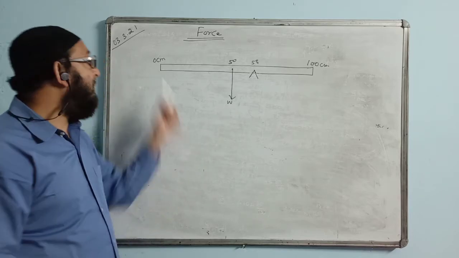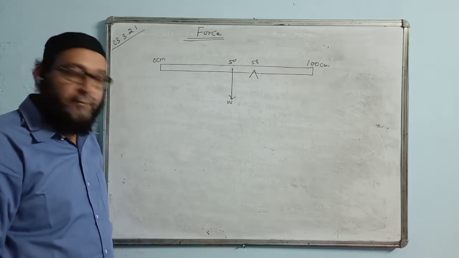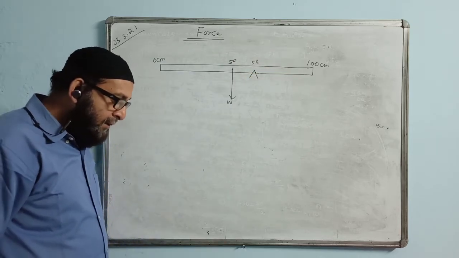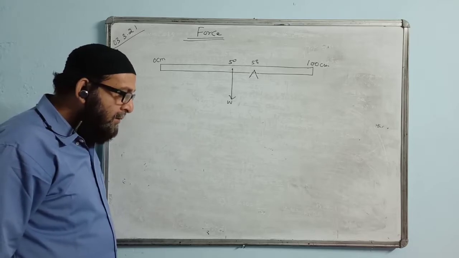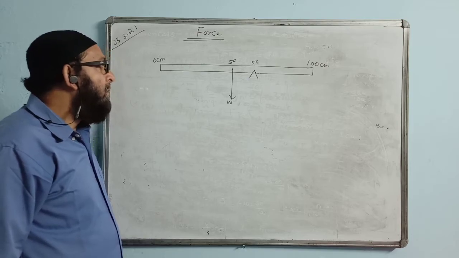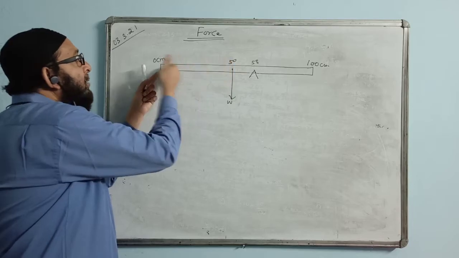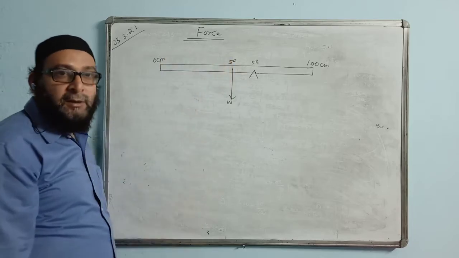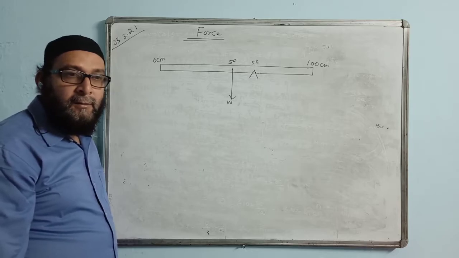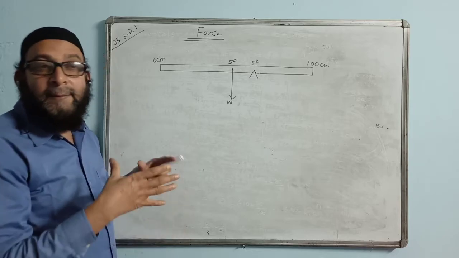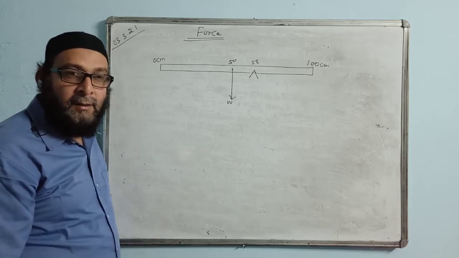Now we are balancing by keeping a weight. Which side should you keep the weight? This end or the other side? The 0 centimeter side or the 100 centimeter side? Where will you keep it? Tell me. At 0 centimeter? If the fulcrum is here and one weight is already here, this will also come on the same side. Can we balance it? Both the weights will be on the same side of the fulcrum. Can you balance it?